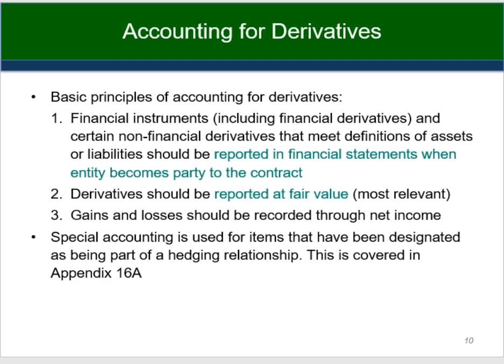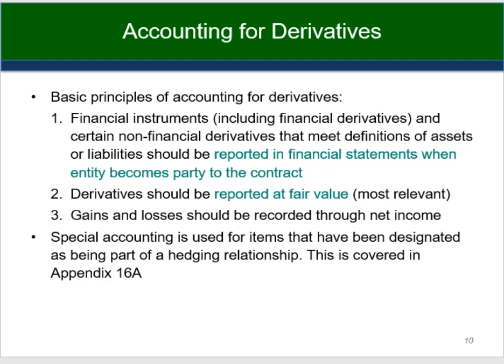In a forward contract, the parties to the contract each commit up front to do something in the future. So they actually promise to do a transaction in the future. So one party will buy, the other will sell the underlying at a certain fixed price at a certain date. A forward contract is different from an option contract in that it not only transfers to the holder the rights to increases in value, but it also creates an obligation to pay. So you would lose if there was a decrease in value.